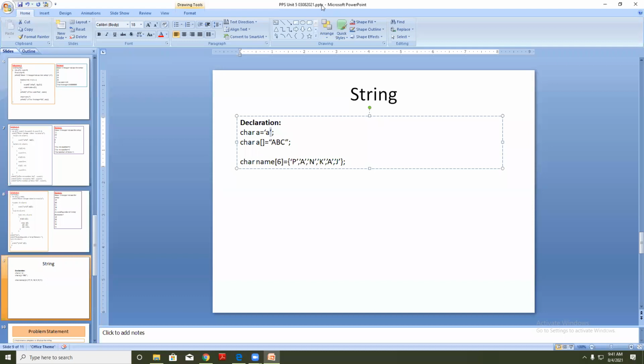Am I audible? Okay, now check here. You can also give the string this way, as I displayed here. You can give the limit as 3, and you can give the values for the string in this way also.